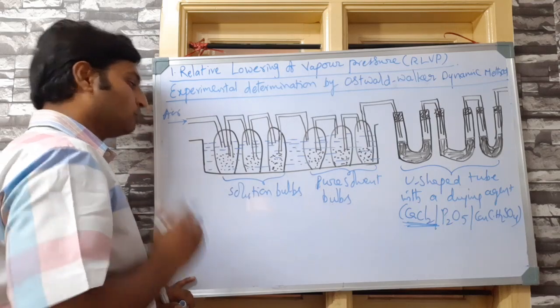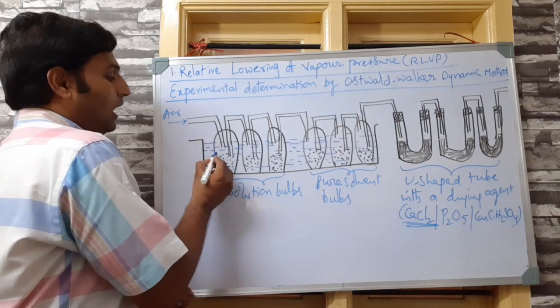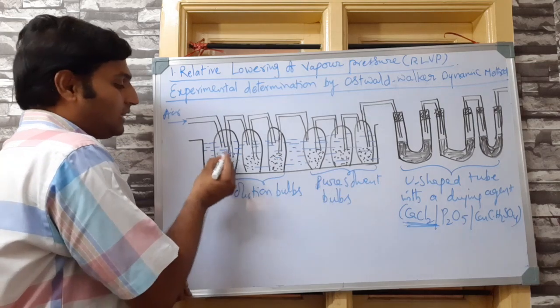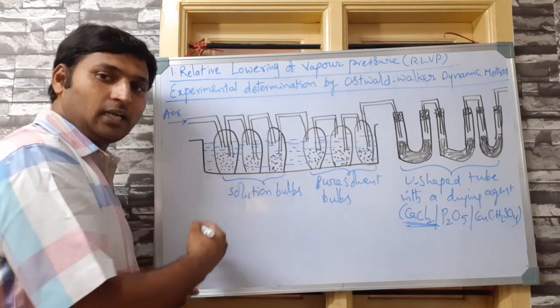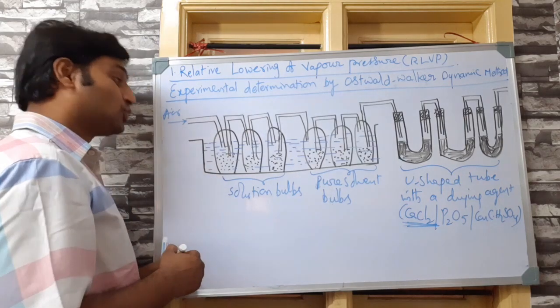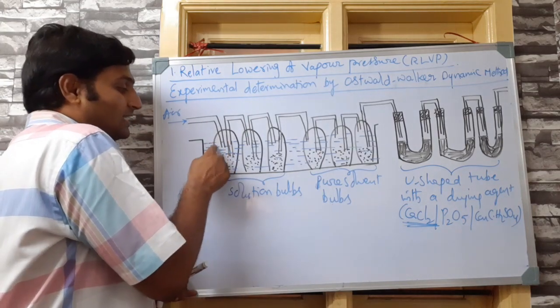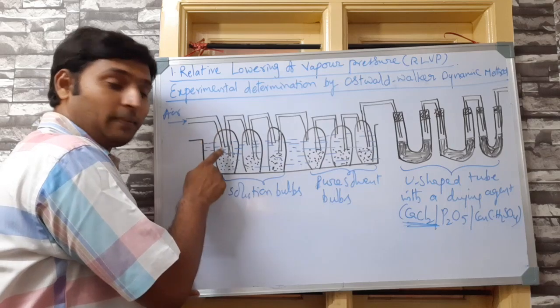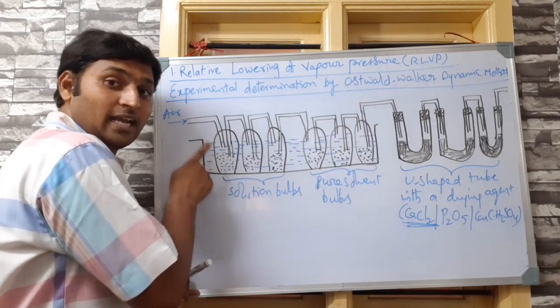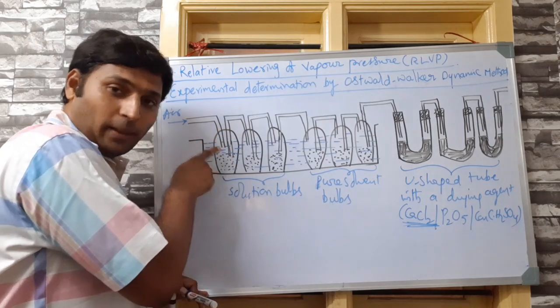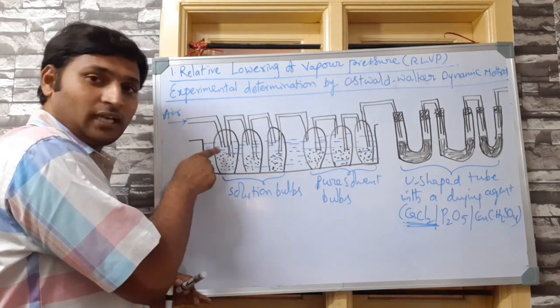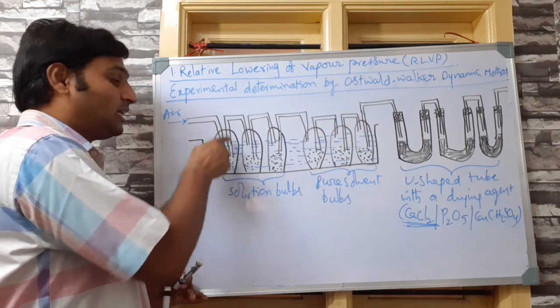Okay. Up to 50% I have taken the solution. The remaining 50% of the vessel is empty and the solution would have evaporated, so the rest of the bulb contains vapors of the solution. Now they are exerting some vapor pressure. Corresponding to that vapor pressure of solution, the air gets saturated with the vapors here.